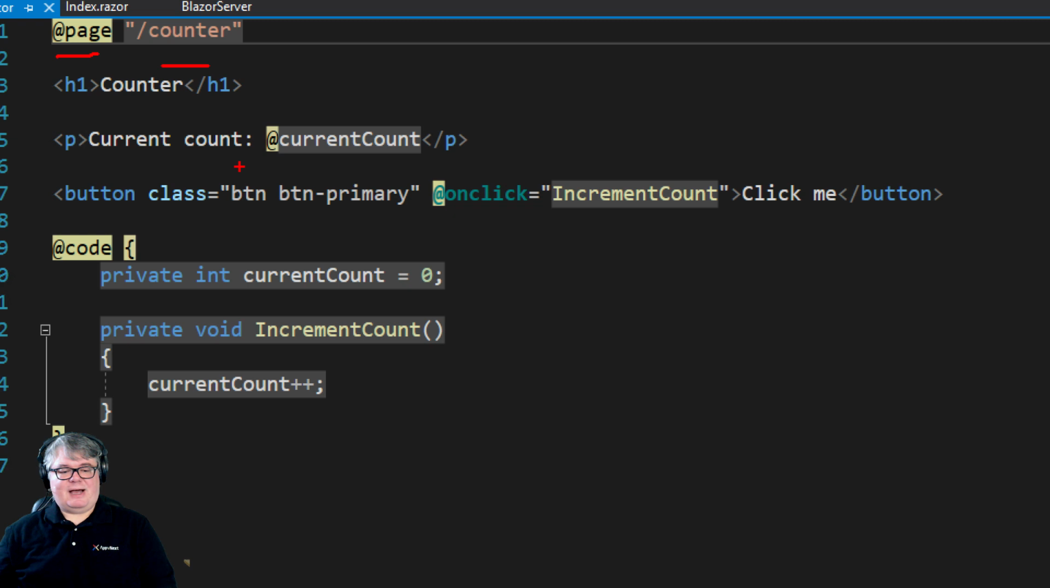But here we go. I've got this current count right here in a code block. It's defined as a private integer, current count, and it's initialized to 0. And then I have this button with an @onClick equals, and then it says to call increment count. Now this is a server-side